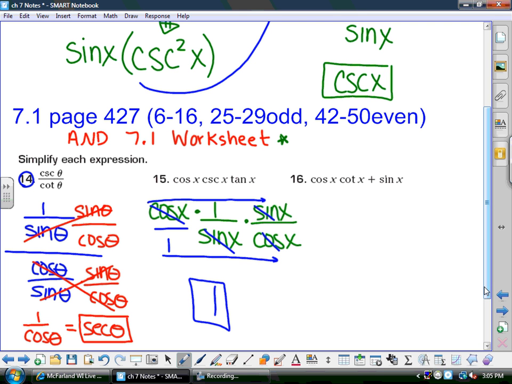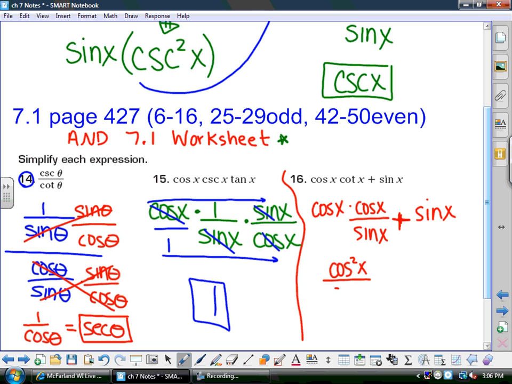For this last one, a new strategy is going to help. Let's start by changing things into sines and cosines: cosine, cosine over sine, plus sine. And nothing cancels out because this is addition. So you can't cancel the two sines because we're not multiplying, we're adding. And when you're adding fractions, what you actually need is a common denominator. So right now I have cosine squared over sine plus sine, and to make it look like a fraction, sine